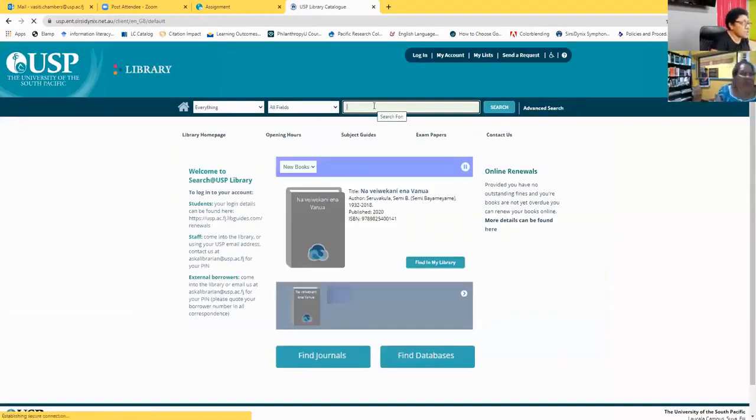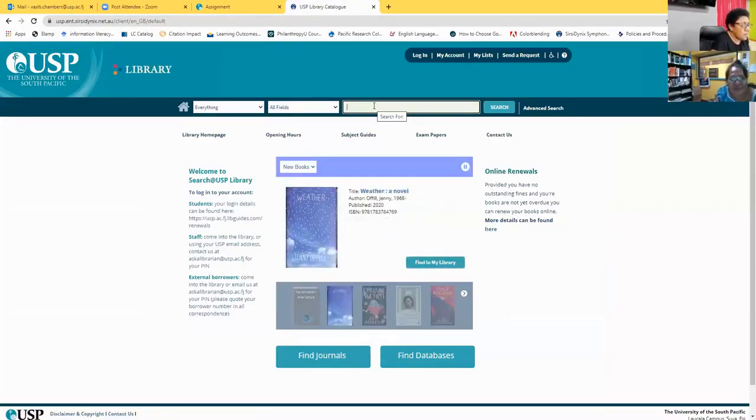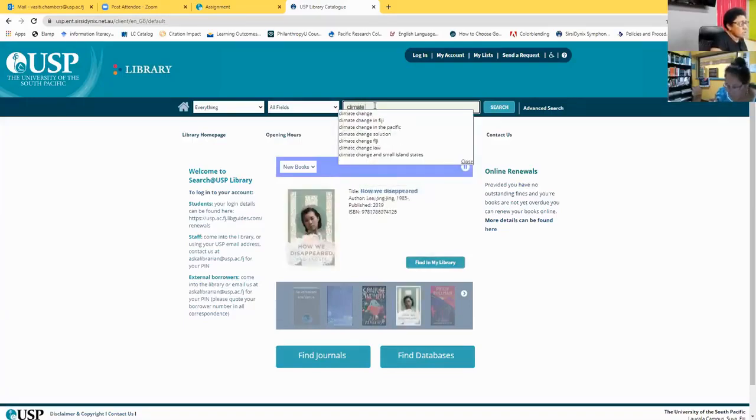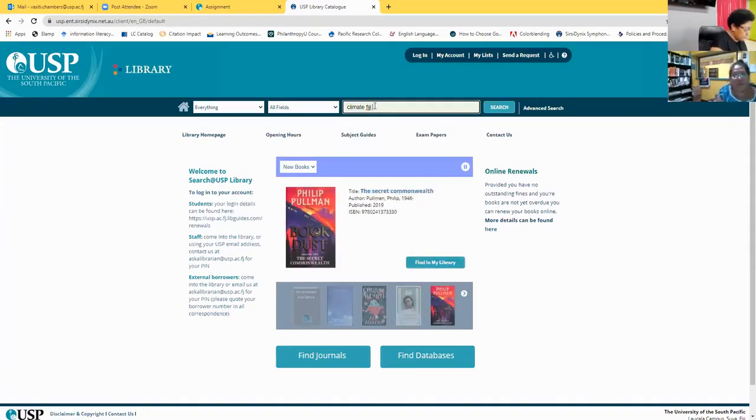And this is the search panel of Search at USP, which is sometimes called the online catalog. Okay, so this is where you will run your search for your assignments for Module 2. So say, for example, if the area of your research is to do with climate change in Fiji, and say the direction of your research is to do with policies,